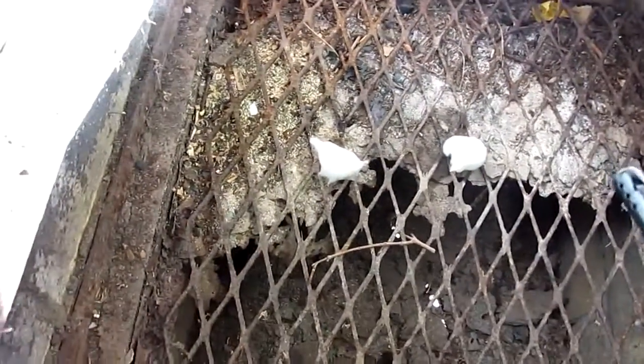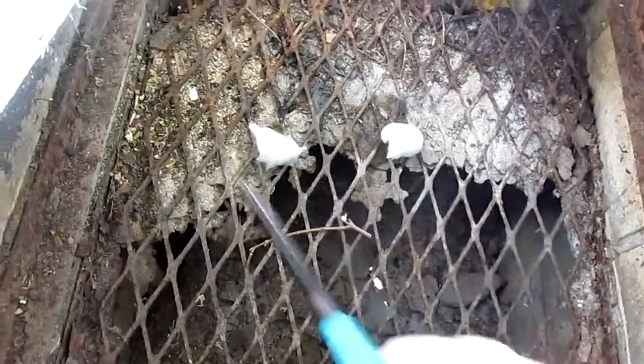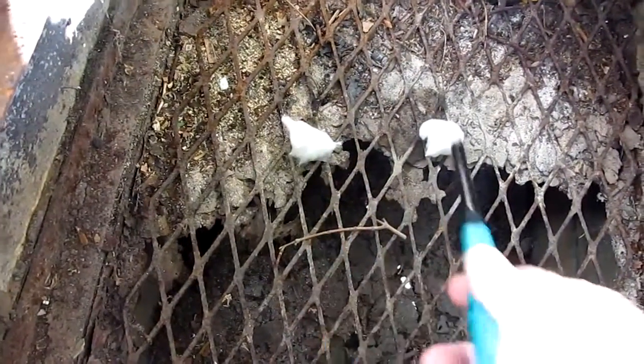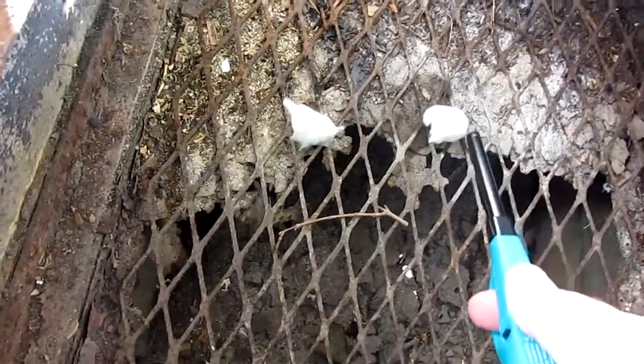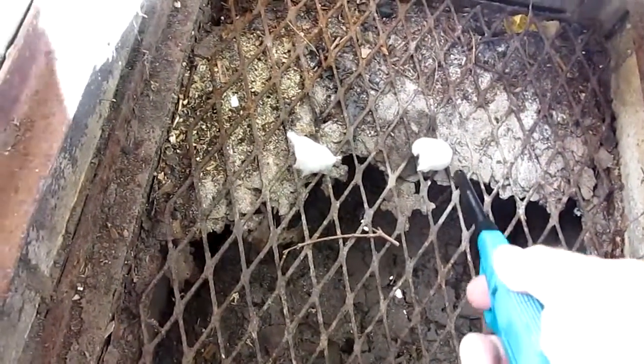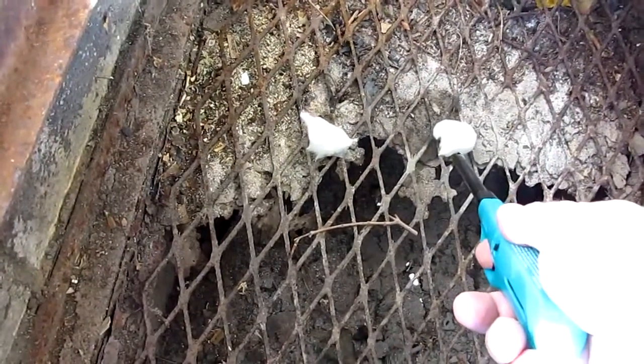Now check this out. What I noticed is they both are going to burn no matter what. They're both a petroleum based product. The one on the left will have a smaller flame. The one on the right is going to have a super huge flame, and this thing's going to act like a wick. Now what's pretty cool is you're going to get a longer, hotter, bigger flame with this side with